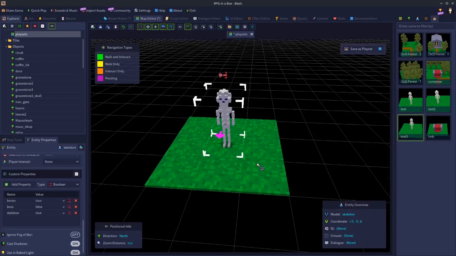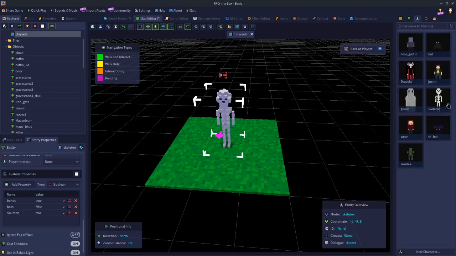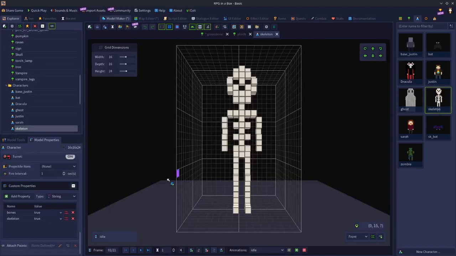Just be mindful that you do have to make the playset. No, be mindful that the same mechanics of custom properties still apply. What I mean by that is, I'm trying to think of an example of how to show this. If I go to the model and delete this boss property for a moment, so we'll stick with the properties that are on the model, okay? If I go to the skeleton and I add a number, let's say that's his age,